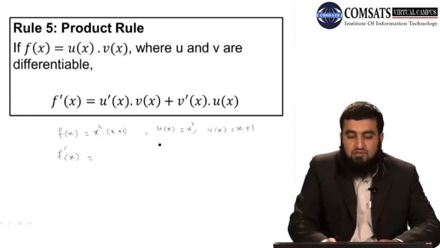If you find u prime of x, using the power rule it will be 2x to the power 2 minus 1, which is 2x to the power 1, and v prime of x will be